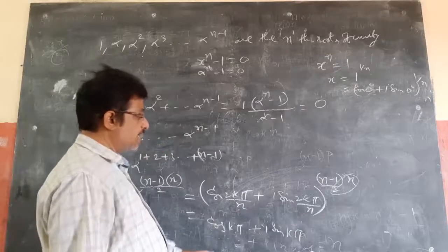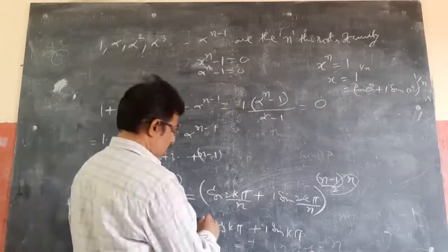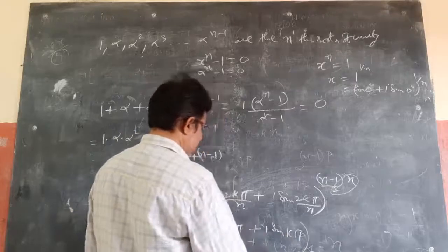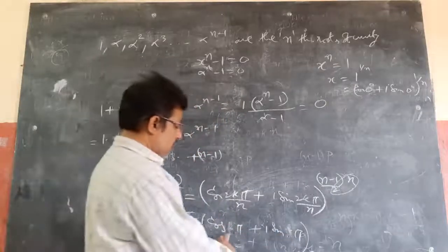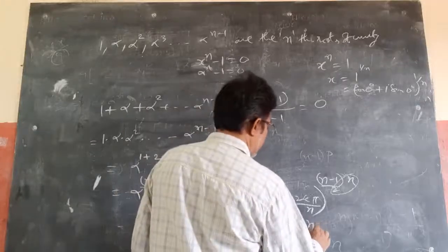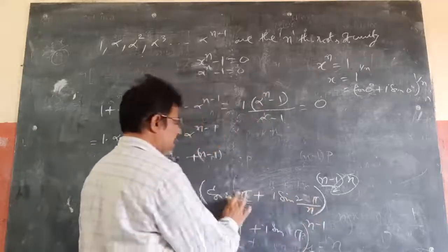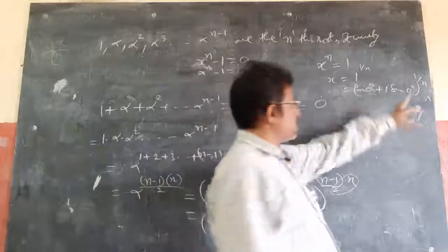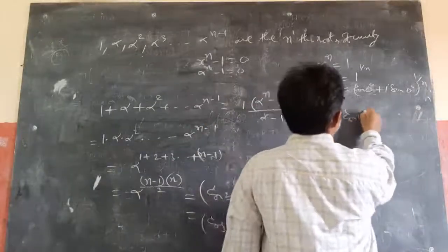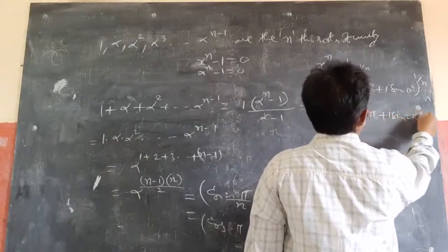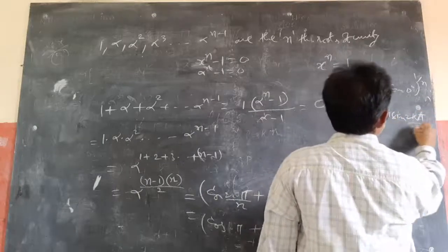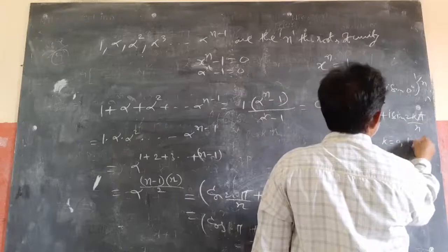Actually what I want to say is alpha is 1 pi, k is 1 here. Alpha power 1 means k is 1. So (cos pi plus i sin pi) whole power n minus 1. K is 1 we can take. Because you will get cos of 2k pi by n plus i sin of 2k pi by n, where k equal to 0, 1, 2, 3 and so on.